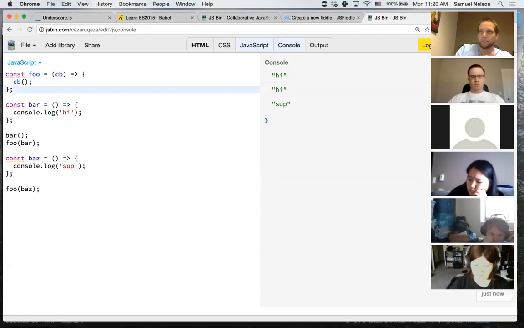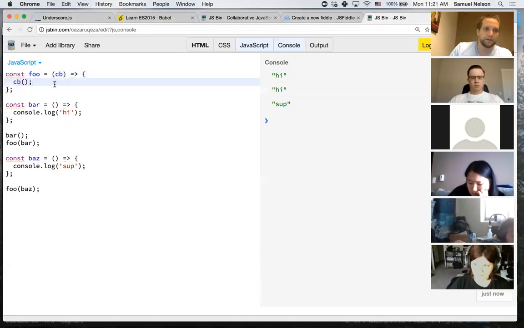All right, so we've covered const, let, arrow functions. We've covered callback functions. The reason we're covering callback functions is because in your homework,